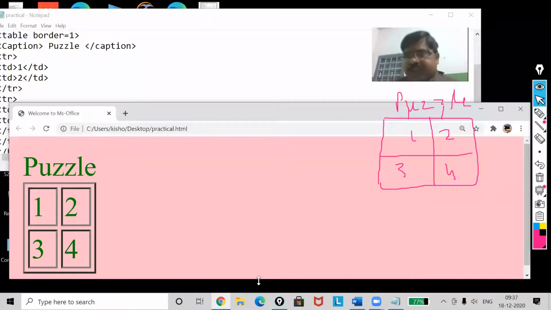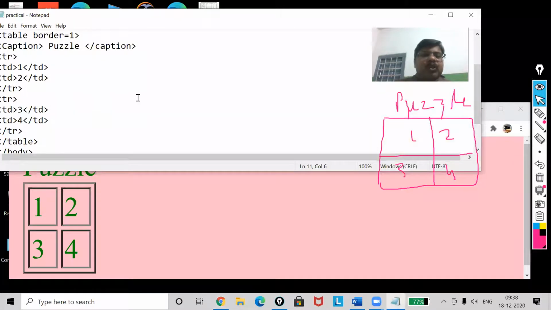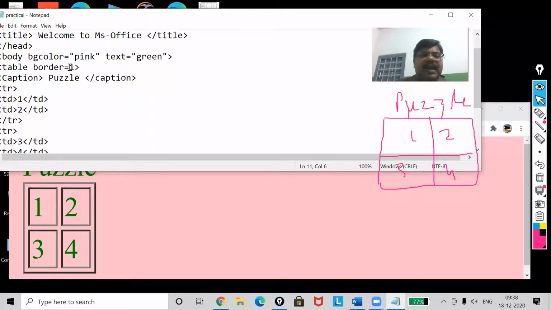Now one more thing, my dear. There can be questions related to cell spacing and cell padding also. So if you have to use them, then you must use this in your table tag. Cell spacing equal to 30. Okay. And cell padding equal to 25. Now I will have spaces inside.